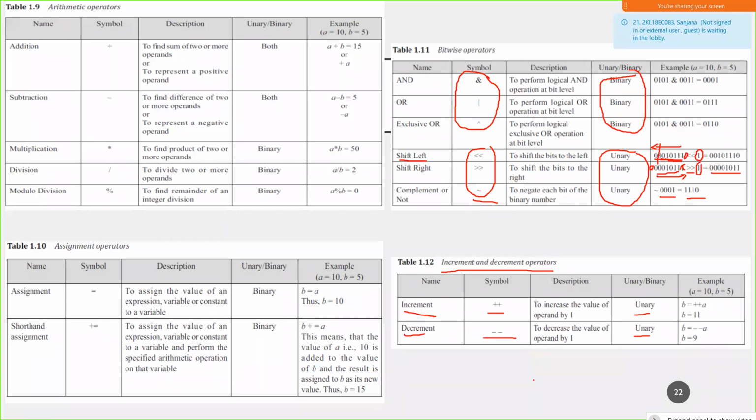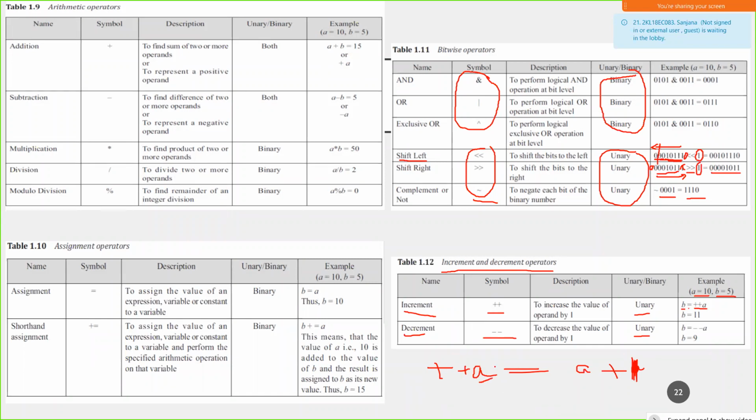So here, what does this do? Here you can see that A is given as 10 and B is equal to 5. B is assigned with the value of ++A. So what this operator is doing is, when you're writing it as, for example, ++A, it is equivalent to A plus 1.